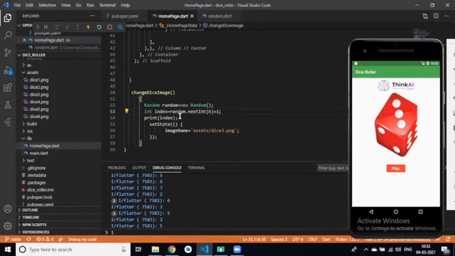If our index is 2, then the dice image will change to 2. Divya, how can I perform this action? We can set the state and define all the images. If I get index value 1, then our image name will be dice1. If I get random value 2, then our image name will be dice2.